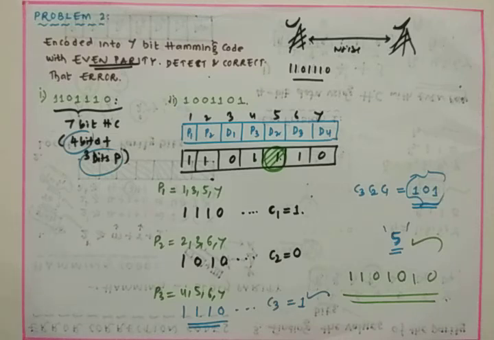In even parity, the point is very clear, the number of ones must be even. In odd parity, the number of ones must be odd. By making use of the values of parity bits, with 1357 we can have the P1, with 2367 we can have the P2, and with 4567 we can have the P3. By making use of this error C1, C2, C3, we can detect the location of the error. Once we know the location of the error, by changing 1 to 0 or 0 to 1, we can have the corrected data along with the parity bits.